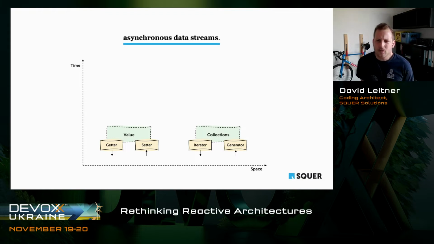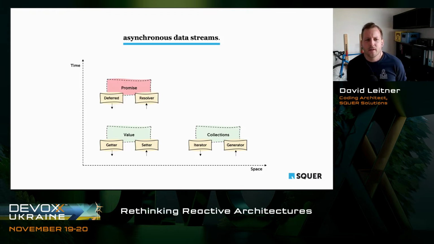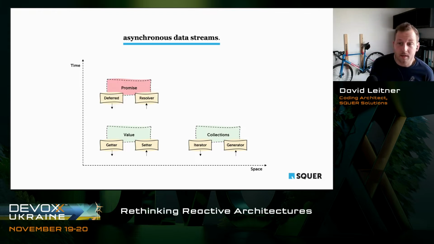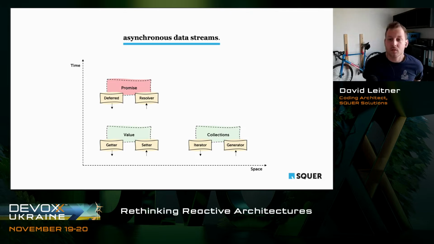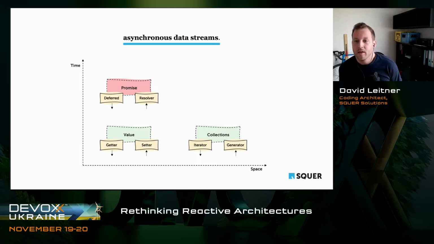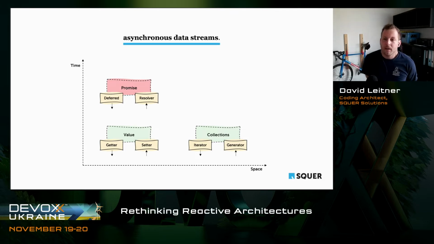When it comes to asynchronous time and singular space, then what we usually have is something we tend to call promises, right? Some programming languages like JavaScript directly have support for promises. So the language comes with promises, and with CompletableFuture in Java. So that's a concept which more and more programming languages start to adopt. Basically, they come baked in with this data structure for asynchronous time but singular space, right?